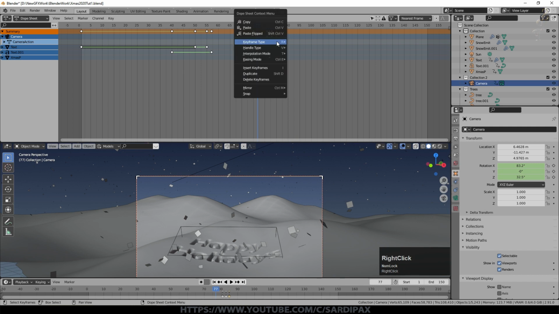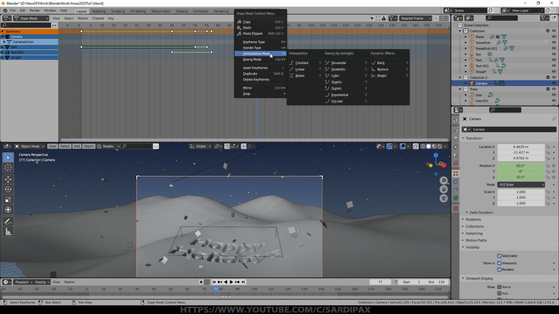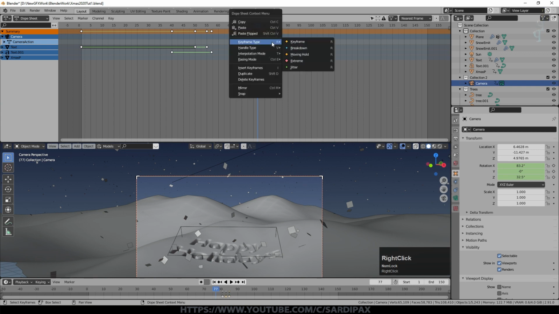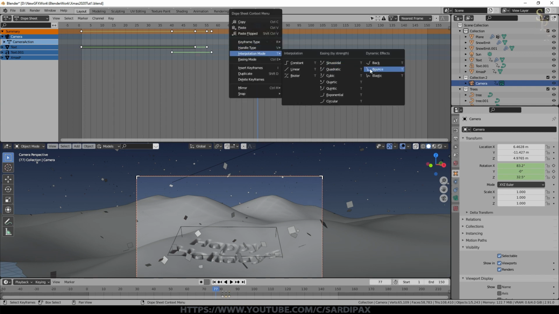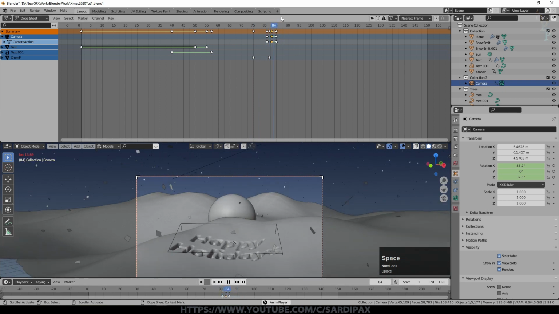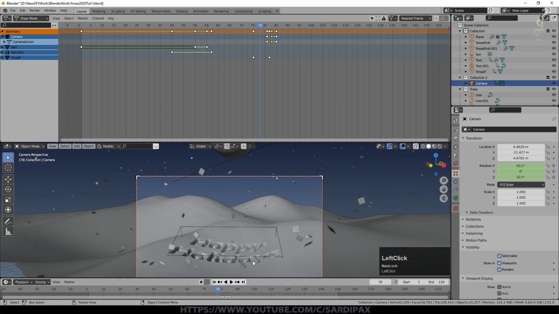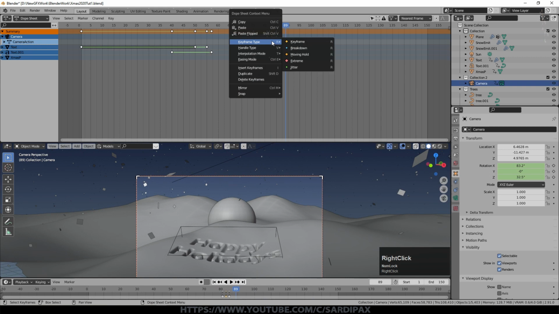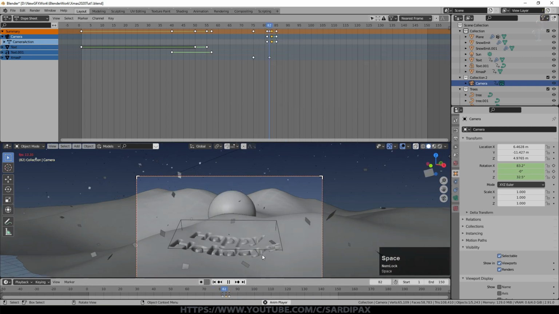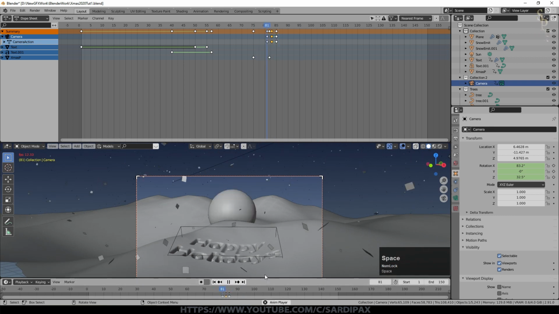But what we can do is change the interpolation mode of that keyframe to bounce. We go here and we select interpolation mode, bounce. That'll just give us a slightly different curve to it. It sort of goes further than we actually rotated it and then comes back a little bit. And you can try other ones as well. So there is an elastic one, which is probably not what we want. Yeah, you can see we get some slightly... Actually, that's not too bad. When you think this is only running at a slower frame rate.